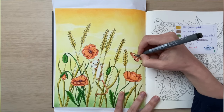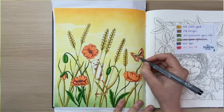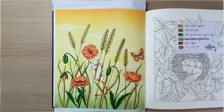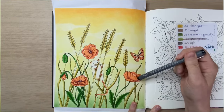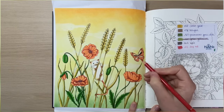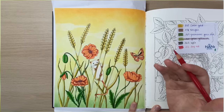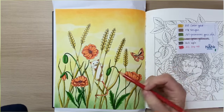It's hard to color when you cannot move the book. I'm always flipping my book around, but for the filming purposes, I try to leave it still. And then here I'm just going to give it a little bit of extra for the stripes. Okay. And then for the butterfly, I'm going to use the same combination as we did for the mouse, because this was the same base color. So just to make it easy on myself and not make another coloring combination,